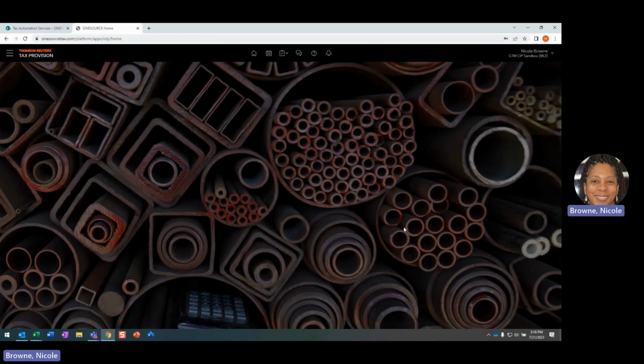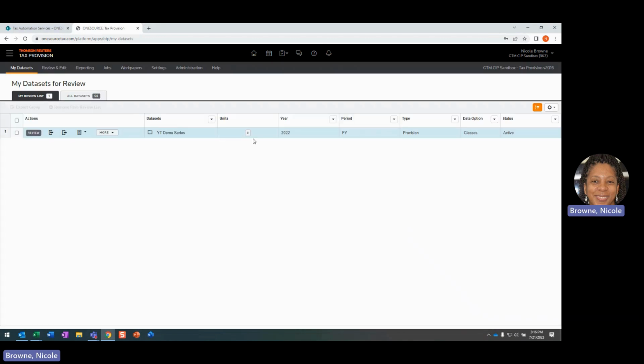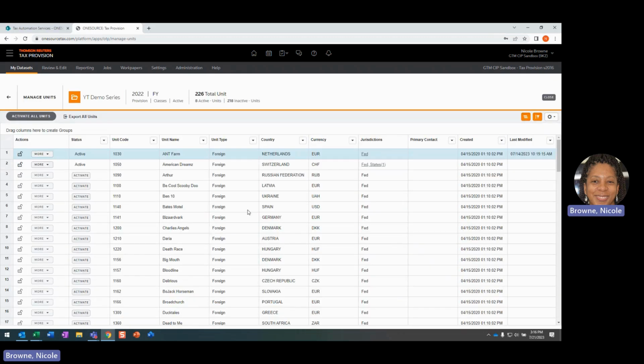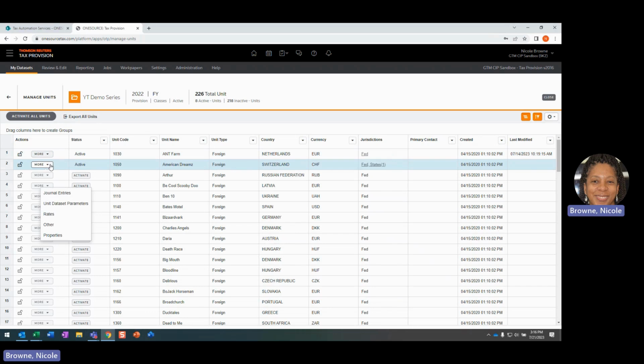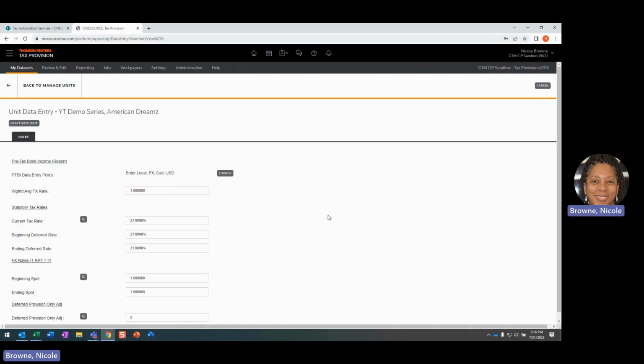So you have activated your unit, you've created one in the software and want to start using it. When you activate the unit, initially, it's really just a shell. So we have to go in and put rates into the system so that we can give the system some guidance on how we want to calculate various things. Within our unit administration screen, we've got our rates, we've got other, we have properties. When we go into our rate screen, this will be the first place that we will see our